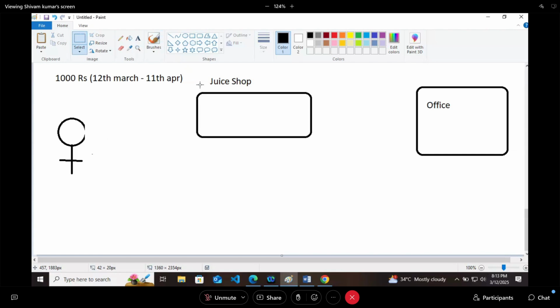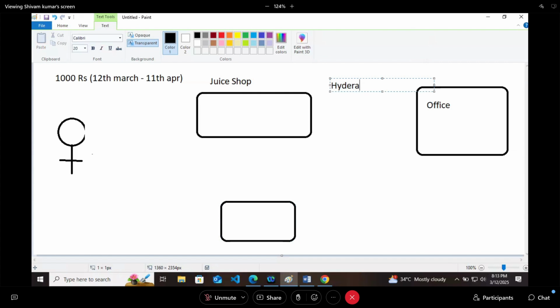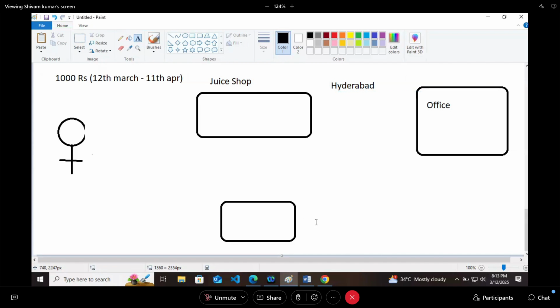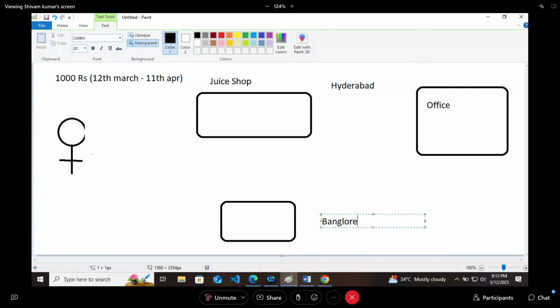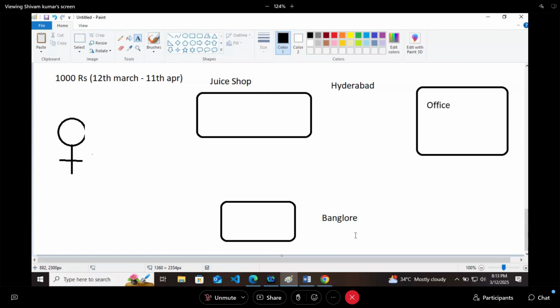Now, let's say this is a very famous juice company. They have their branches all over India. So let's say this is in Hyderabad, and this one is in Bangalore. Due to some work reason, I have to travel to Bangalore for a 3 days trip. So I went to Bangalore and I saw the same juice shop. And I decided, okay, let's have juice. My favorite juice company is here. I went inside and I said, I have a subscription.